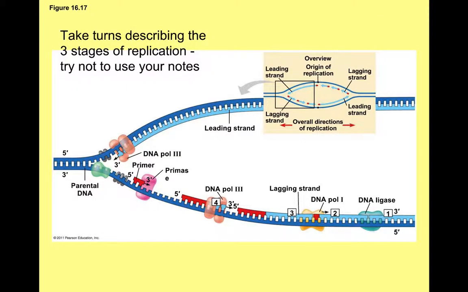I already explained this, so you could rewind the video if you need to, but I'll explain it simply again. DNA unwinds because of helicase, which is this green one, unwinding it. Then an RNA primer starts, and then DNA polymerase just keeps on adding, and the leading strand, which is the top strand, just keeps on adding,